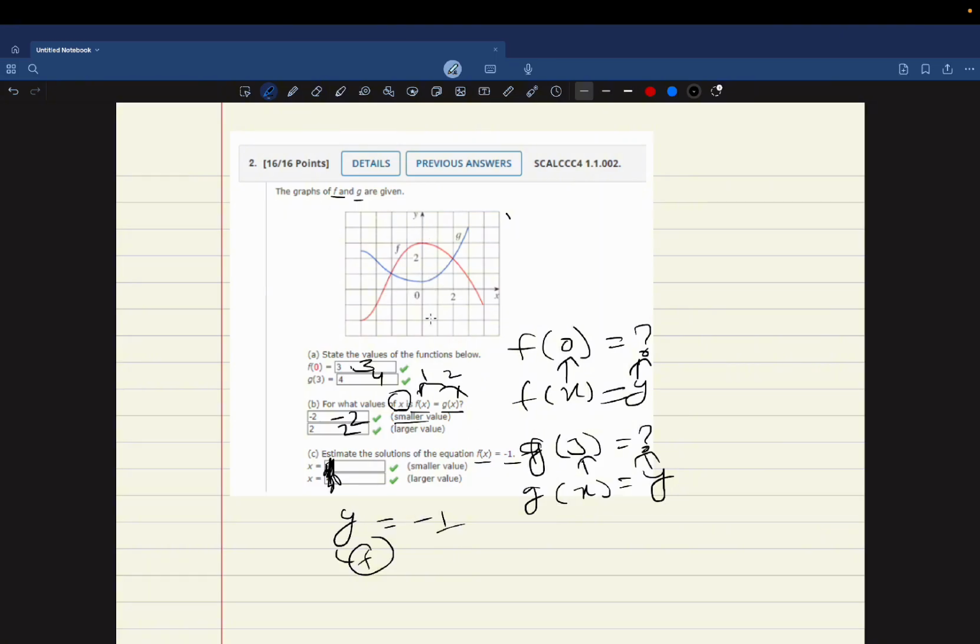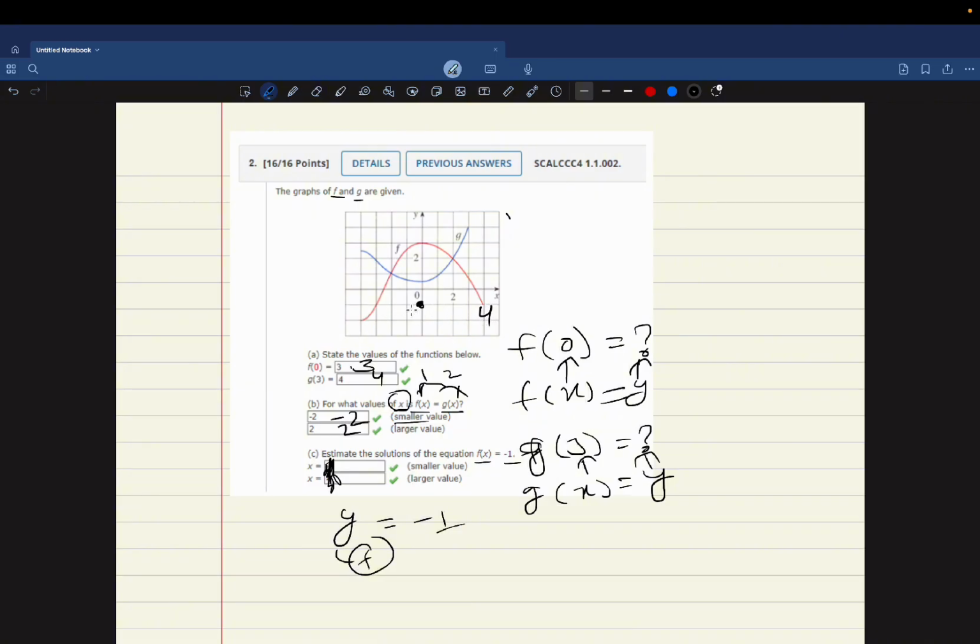So this is the y-axis and this is 0, and then this is -1. So this is the point. When the value is -1 for graph f, it is a similar type of question. So let's put our point here, and then let's find the value of x. When y is -1 for this graph, one value of x will be 4, which is this one, and